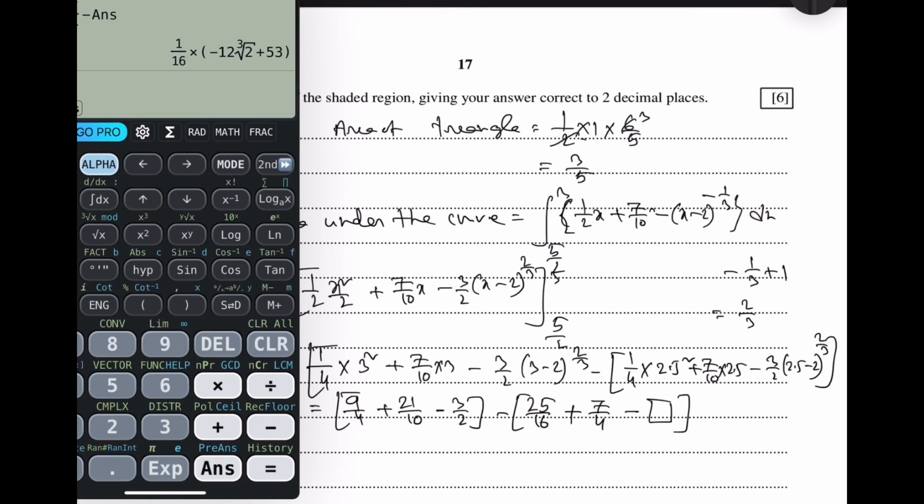7 by 4 plus 21 by 10 plus minus 3 by 2, then minus, then answer. So let me simplify this, write the answer in decimal, so it is becoming 0.48. So it is becoming